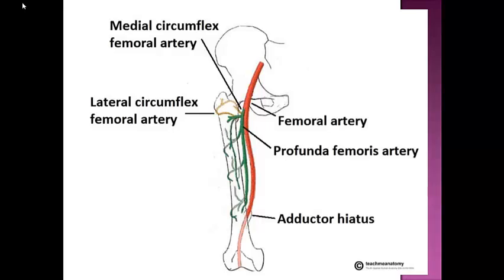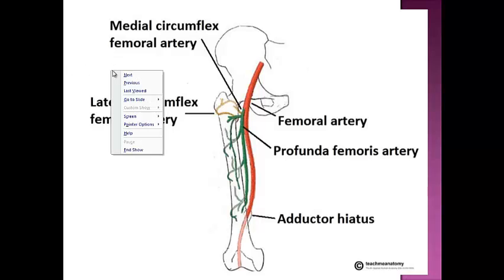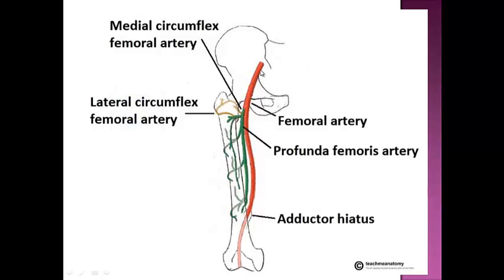Okay, so what you're looking at here is just a representation of the thigh. Obviously the muscles and soft tissues are not in this picture, so you're just looking at the bones and the blood vessels. Where on earth is my cursor? There it is. Okay, so generally the femoral artery is the main source of blood